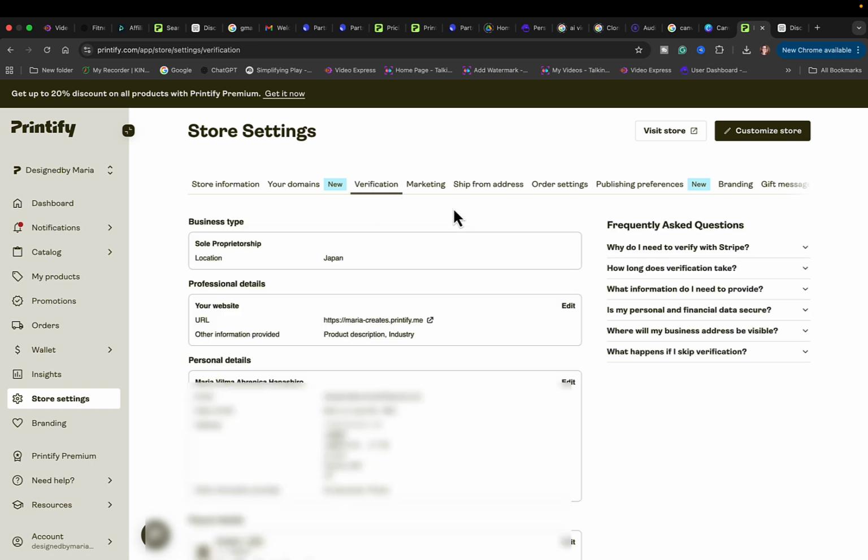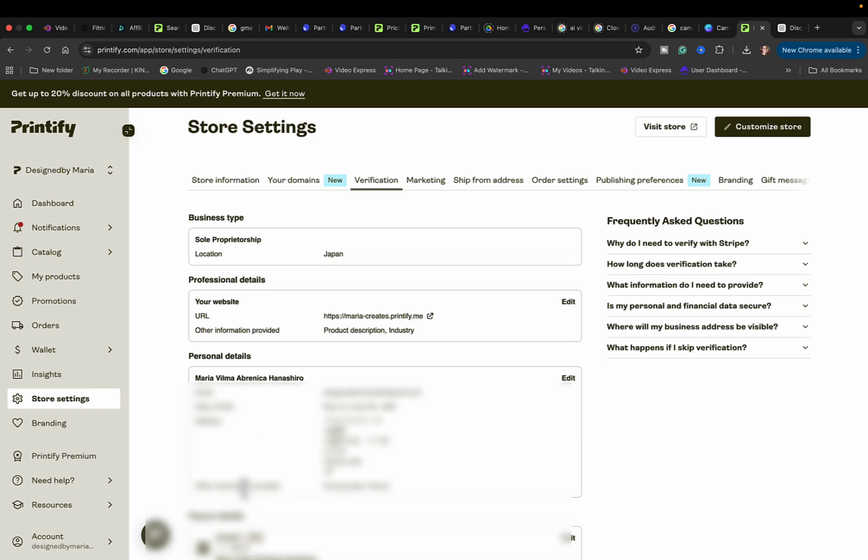Verification is where you fill up all the information about you, if you have a website or your location, your business type, your personal details, all in here, and of course your payout details here on your verification, because once you get a sale, they're going to send the money to the bank that you